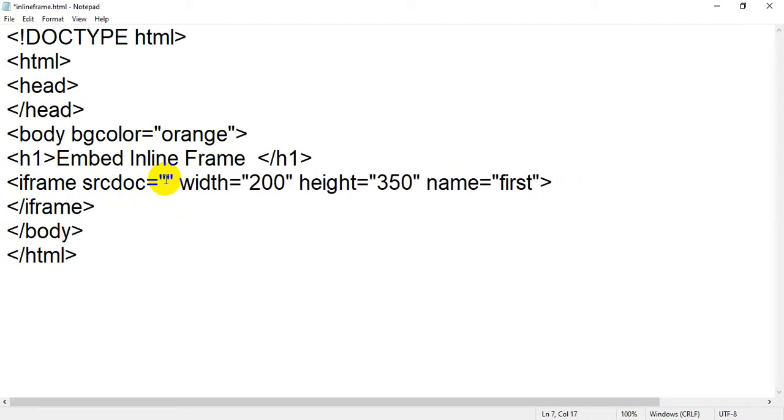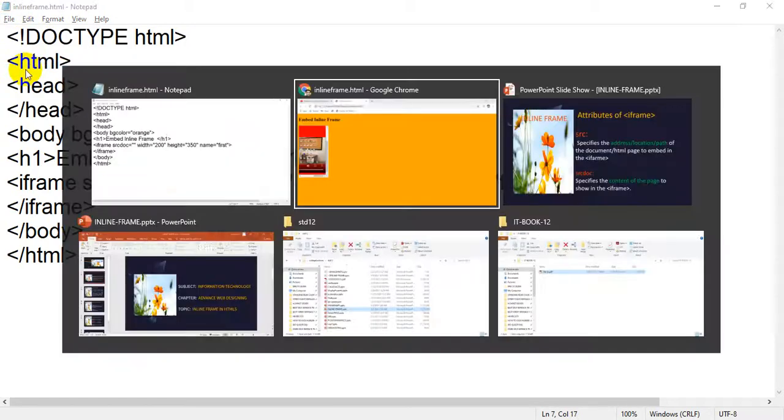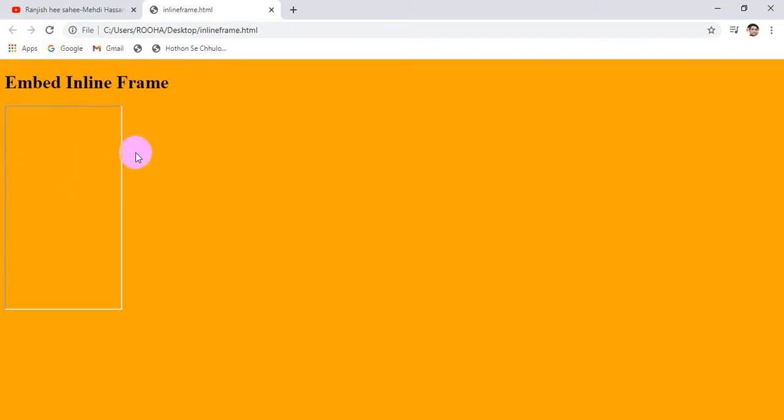What we are going to write inside srcdoc, an attribute of iframe, is a certain message. Let me show you what is going to happen before writing a message. When I refresh, this page will disappear because we have removed the address. But you are still getting a certain section. Why?